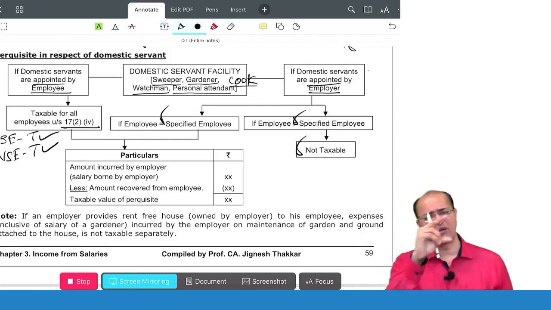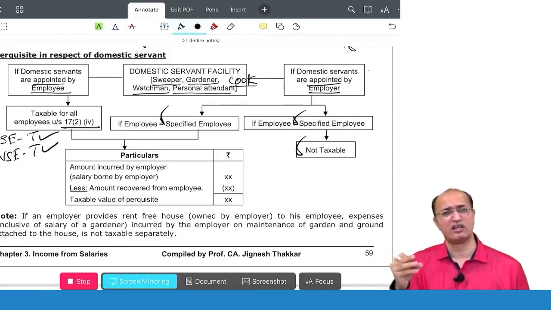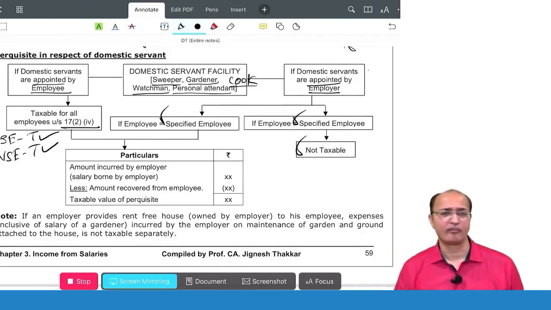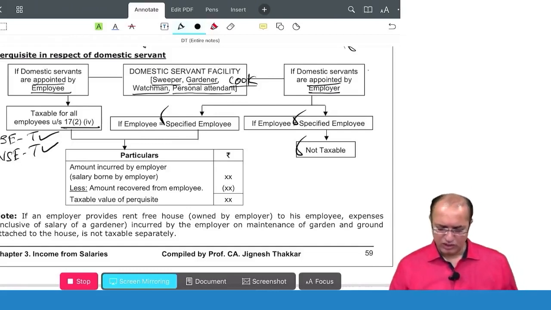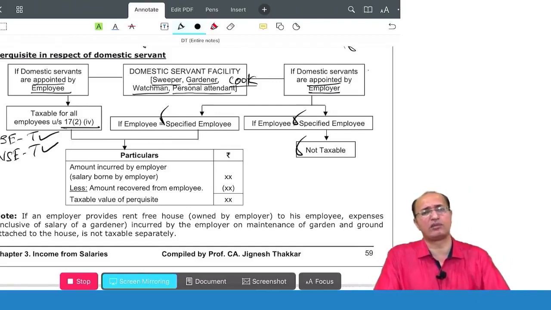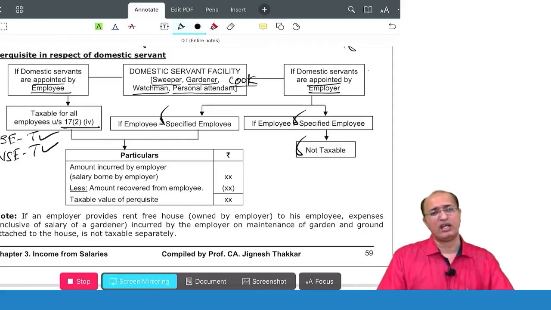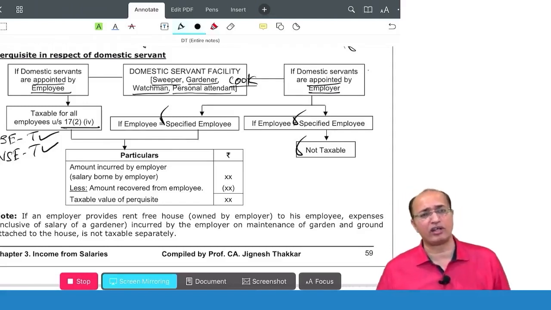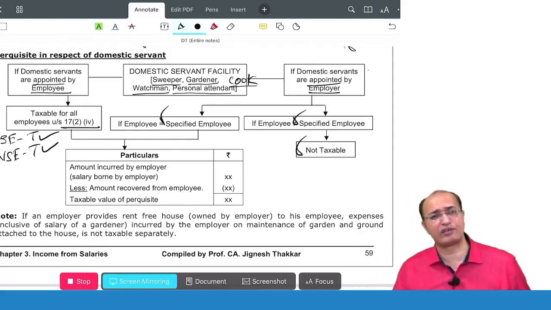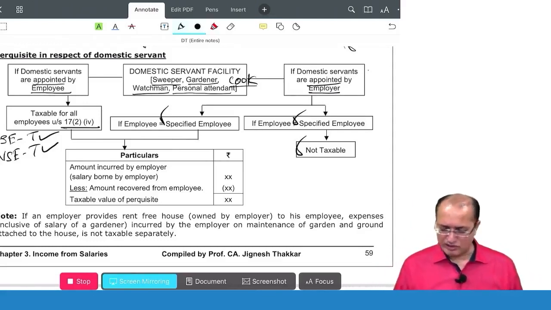So once again, applying the same logic: who has appointed, in whose name these connections are, the same logic you have to apply. So we have understood when it will be covered by 17(2) clause 3, when it will be covered by 17(2) clause 4, when it will be taxable, when it will not be taxable. If it is in the nature of non-monetary benefit and the employee is a non-specified employee, it is not taxable. Now, part 2, if it is taxable,